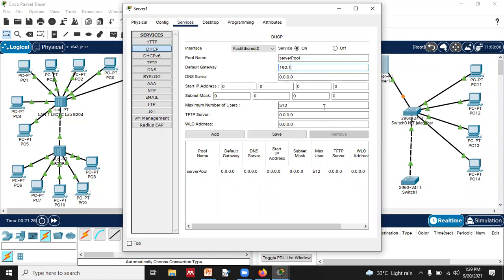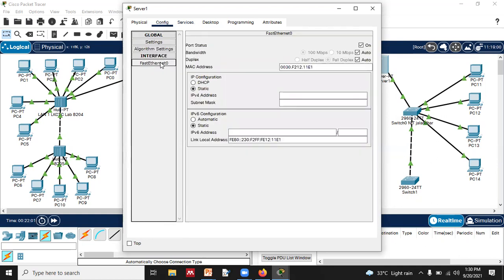So 192.168.1.1, and the starting IP address is 192.168.1.2 with subnet mask 255.0.0.0 with maximum devices connection 100, and we will add that pool of addresses for this particular, right?